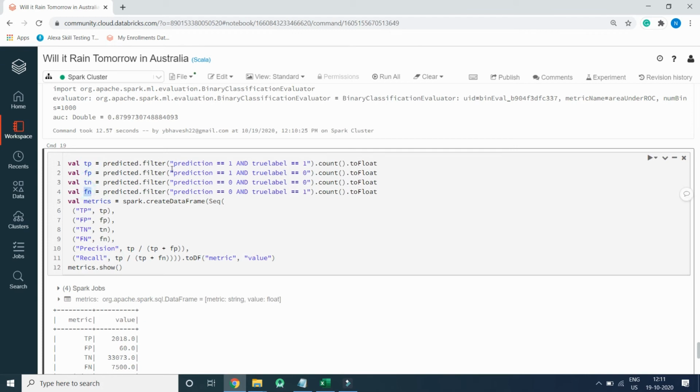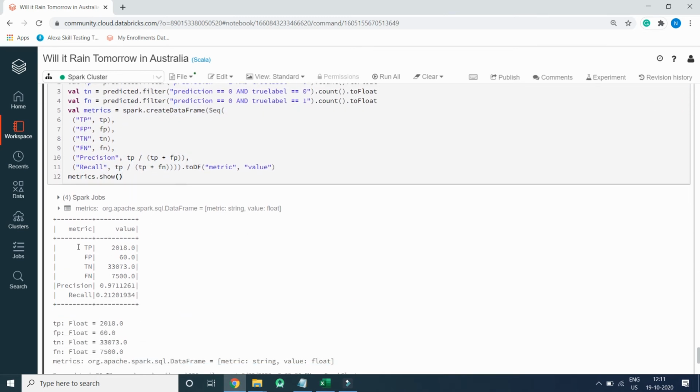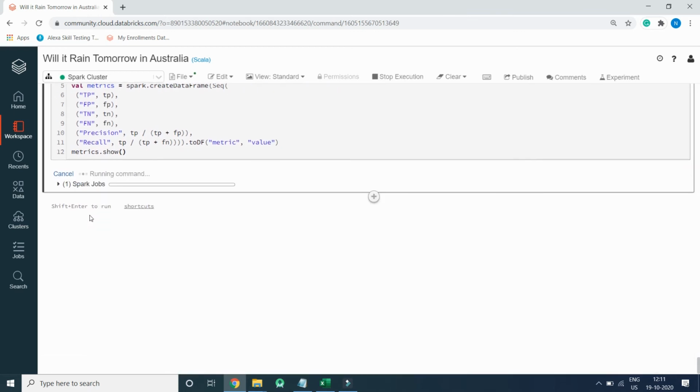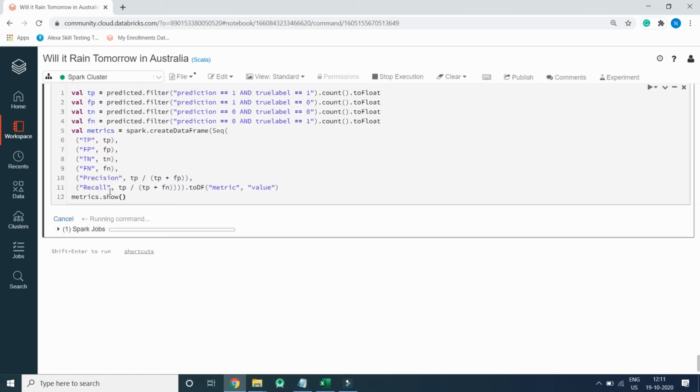So here this is the prediction value, but actual value is this. So we are getting the count and displaying it in the form of matrix. This is the matrix count. This way also we can evaluate how accurate our model predicts.